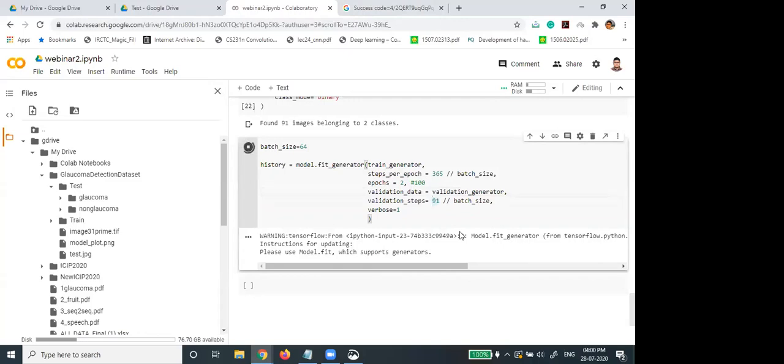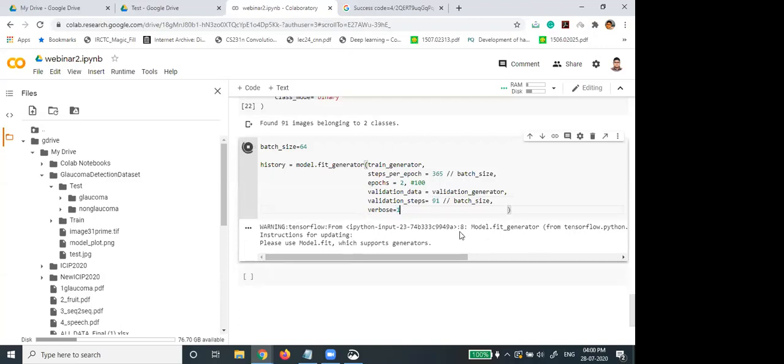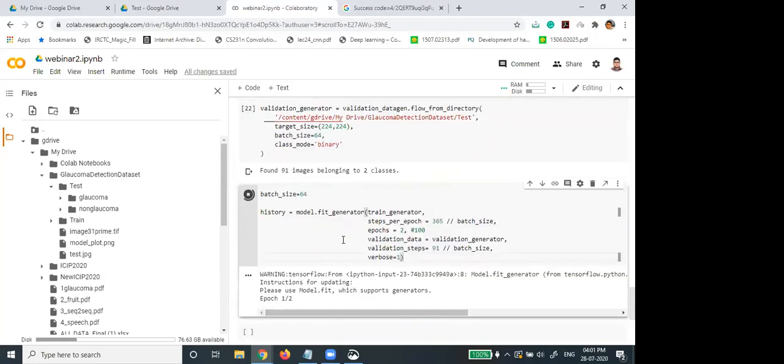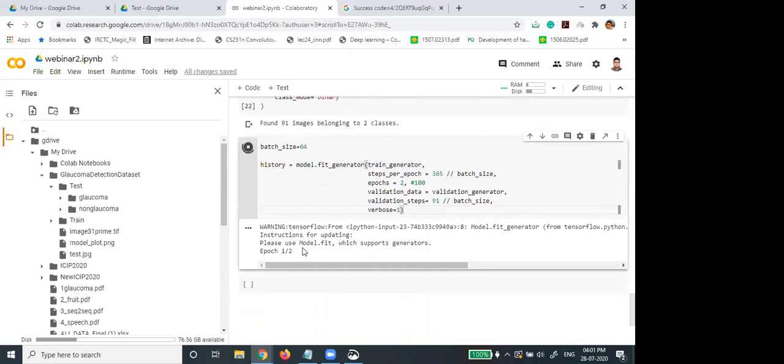Steps. It's a little bit slow, so it's epoch 1 of 2.